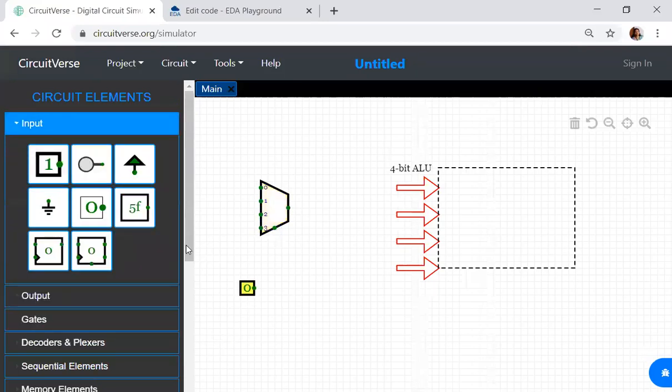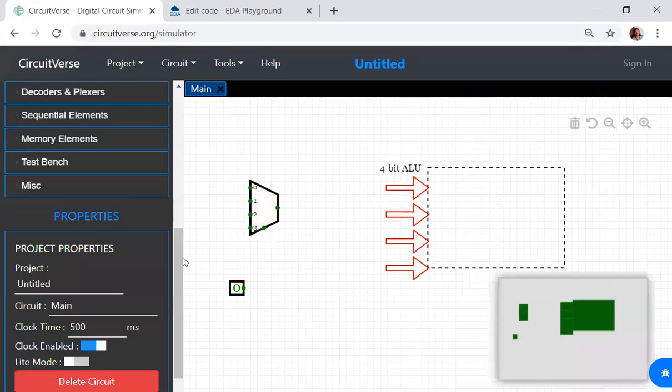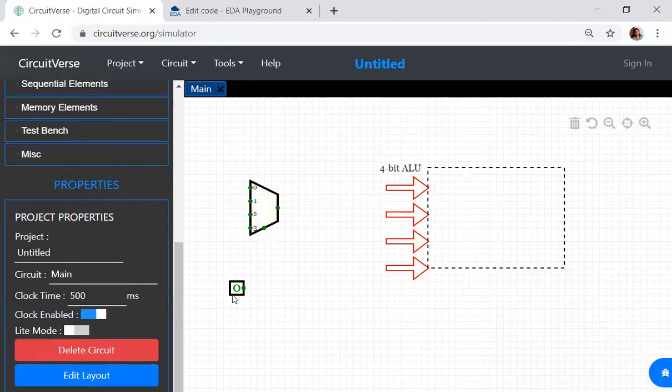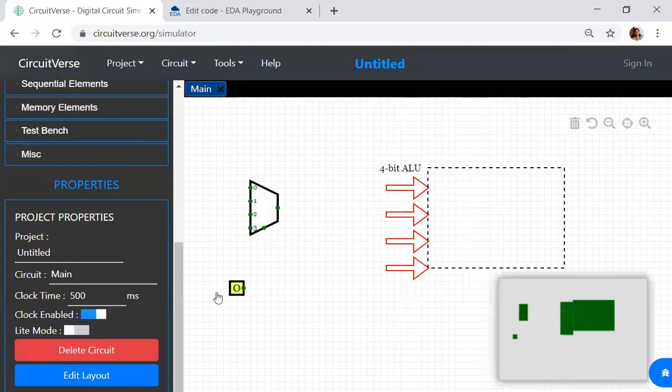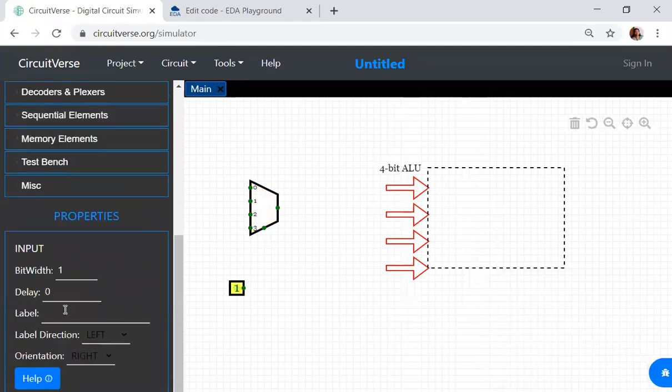So I have 2 select lines. Let me take them as S0 and S1. So it is a 2-bit select line I am going to give.